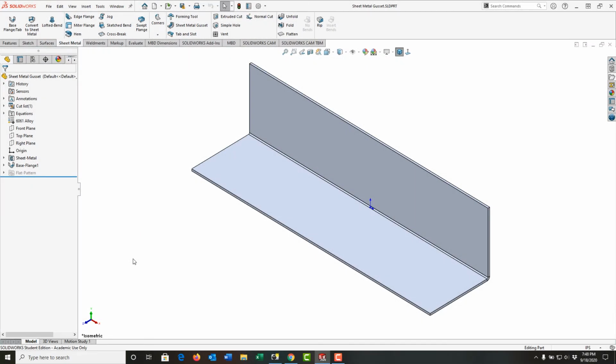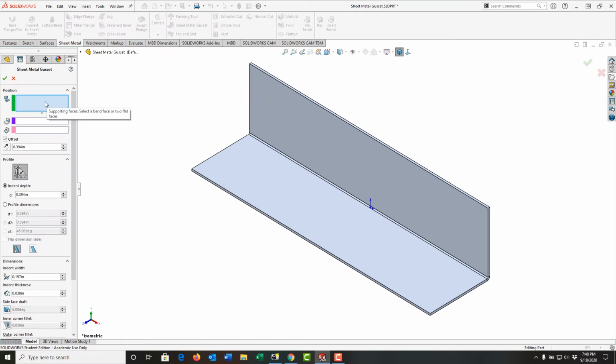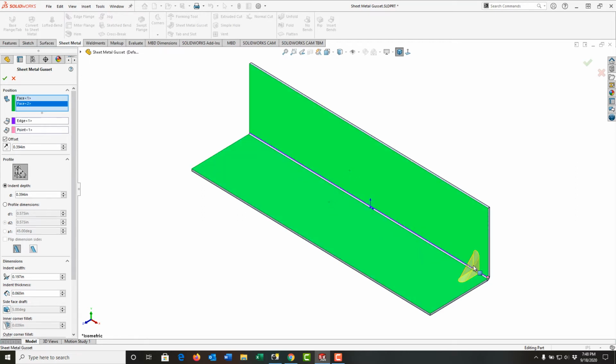In this video, I want to demonstrate how to add a gusset to a sheet metal part. So I've created a basic part with the base flange. I'm going to come up here and choose the sheet metal gusset. The first thing I want to select are the supporting faces for the gusset. So I'll select this face as face 1, and this is face 2, and I'll get a preview with the